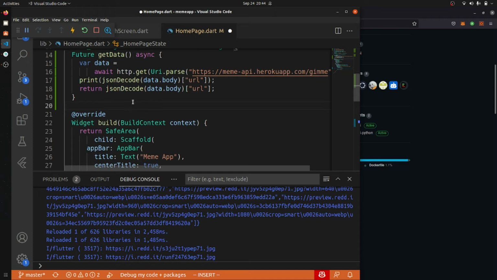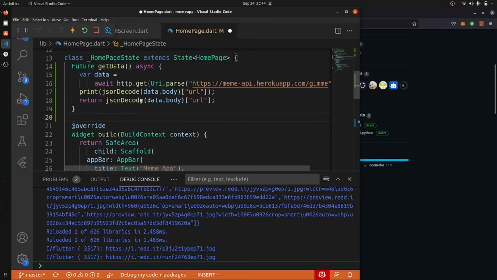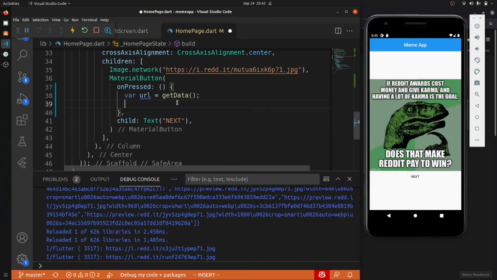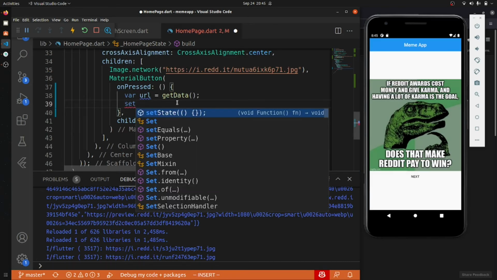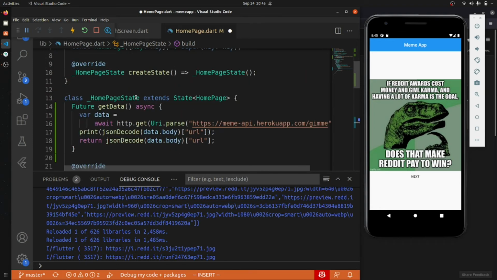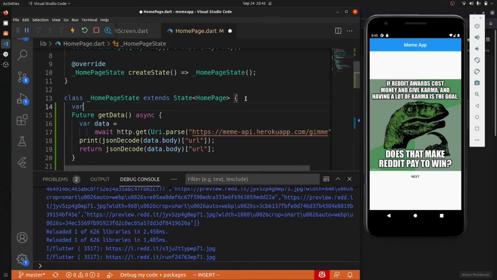So let us just debug it, then we will figure it out. We were initiating the state, it was set state, and we have to create a URL here.